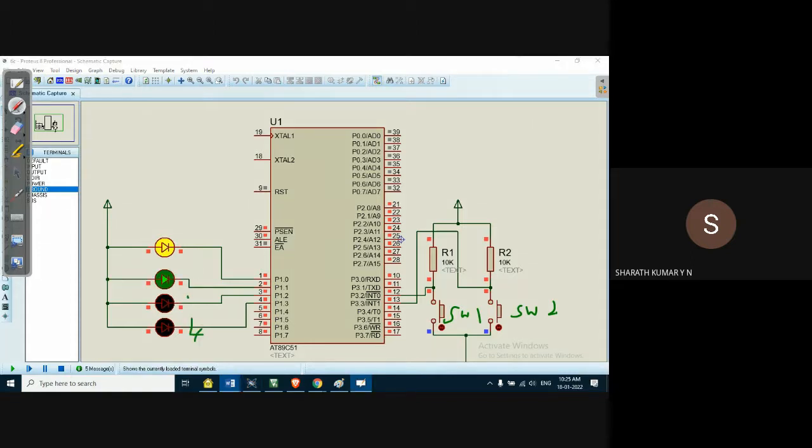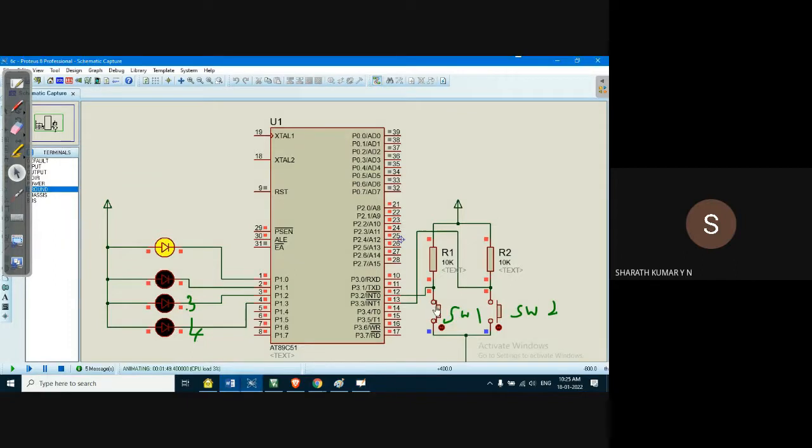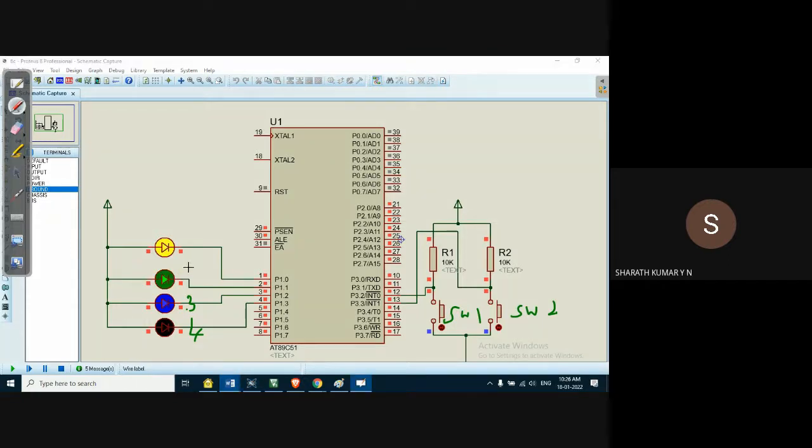Now both third and fourth LEDs are in the off condition. For example, if I press switch 1, the third LED will change state. After executing this ISR, it will go back to the main program. But since interrupt two, the timer 1 interrupt, is running, which is controlling the second LED, this continuously toggles. LED one is in the off condition. This is the problem. So we need to modify the code a little bit so that LED one also toggles.